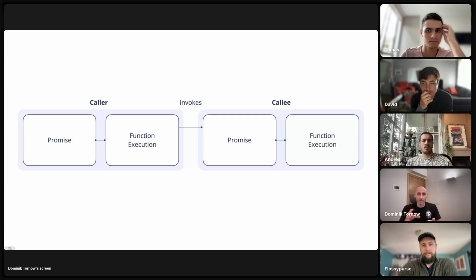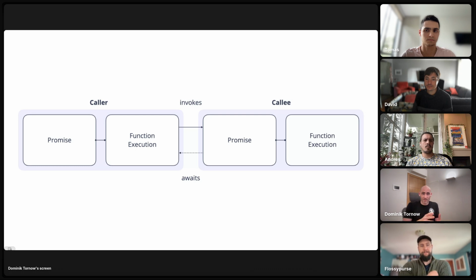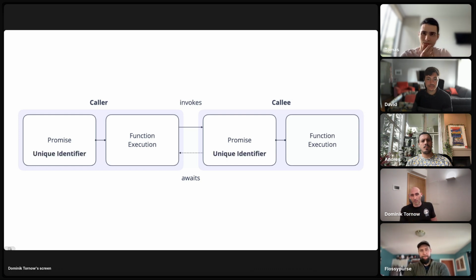Now the caller and callee are able to coordinate their execution with the caller waiting for the promise and the callee completing the promise. So now, given what we know about async await, what extension do we have to make distribution and recovery first-class citizens? We need durable promises. Durable promises are, and here we go again, dead simple. A durable promise has a unique ID, a URL, and it stores its value in durable storage. And that's it. That's all we need.